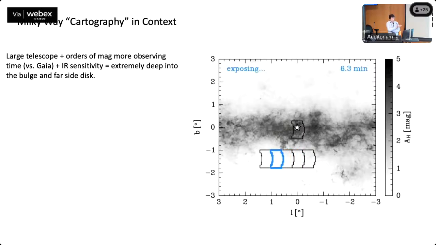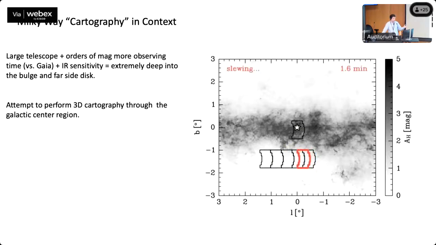And then of course Roman's IR sensitivity. So if we combine all of this, we'll get extremely deep populations into the galactic bulge and very likely the far side of the bulge in possible disk of our galaxy through some of these fields. So we can really attempt to do some 3D cartography of these stellar populations through the galactic center